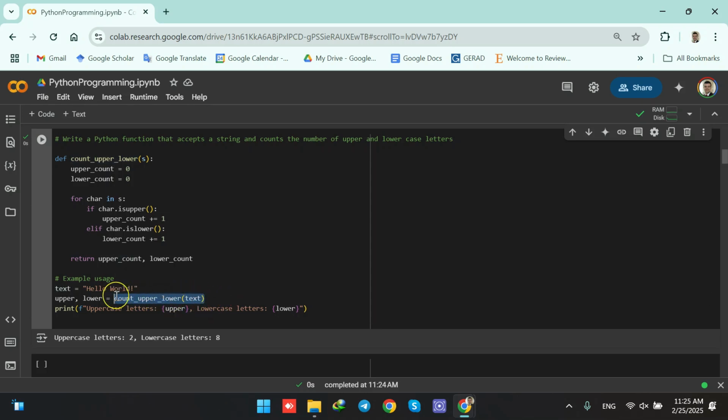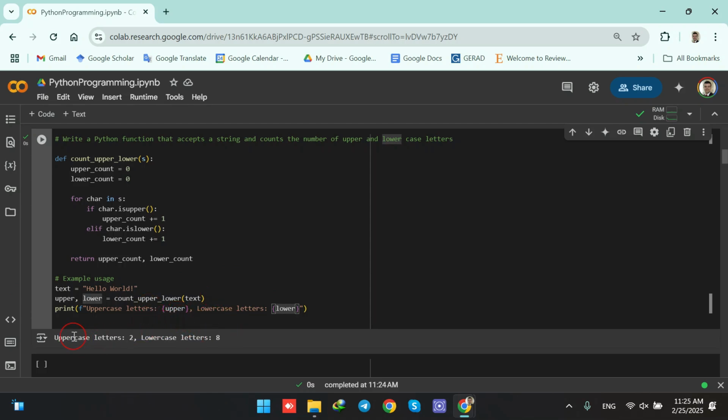This is the right hand side. On the left hand side, I'm having two variables. This again shows that we are having a function that is going to return two values. Okay, so when looking at this function, this is what's happening inside the function. As we see in the return part, we are having two variables as the return part. So the first one, upper count, is assigned to upper, and the lower count is assigned to lower. And finally, we are printing the upper and lower